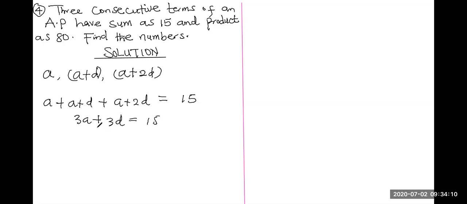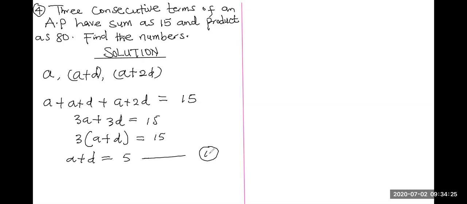And when you factorize, since 3 is common, A plus D equals 15. Dividing both sides by 3, A plus D is 5. This will give us equation 1, because we can neither find A nor D from just this given equation. And we are told their product